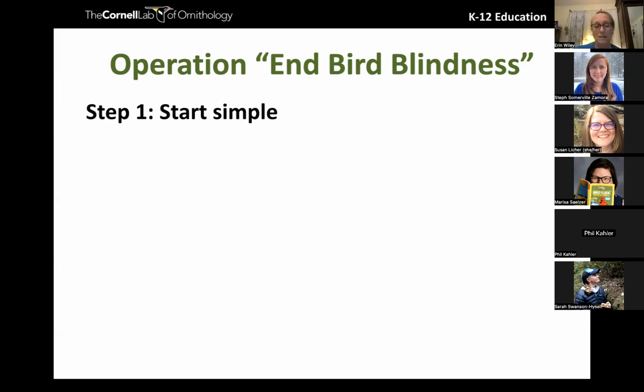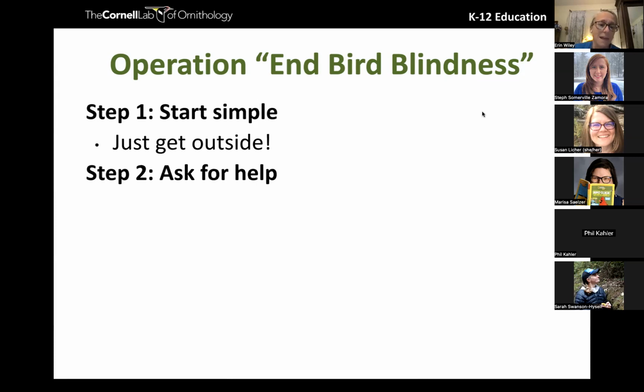So I started very simple. And that means I just went outside. I started taking kids out as much as I could, because I recognized as a 35-year-old woman, I was completely bird blind. So I needed my kids to be more aware of their surroundings. So we just went outside and looked at things, basically on the football field.